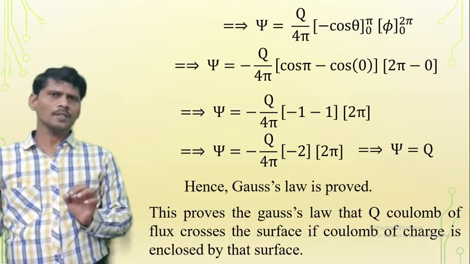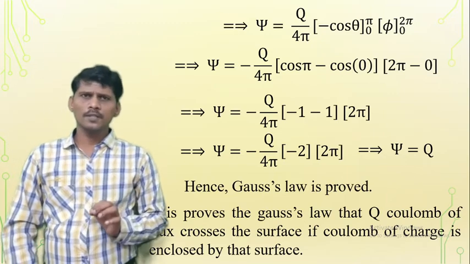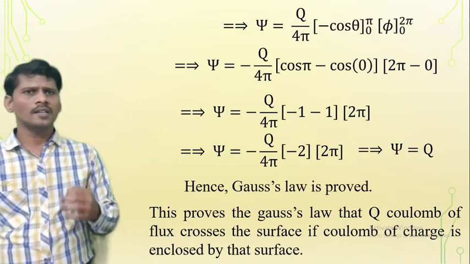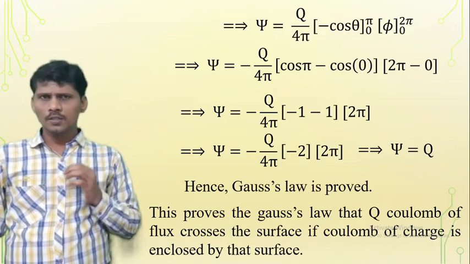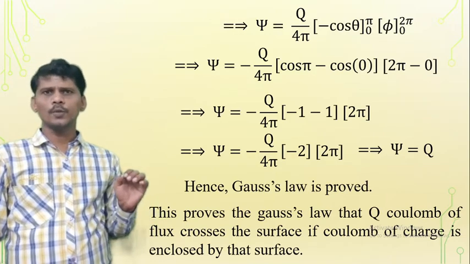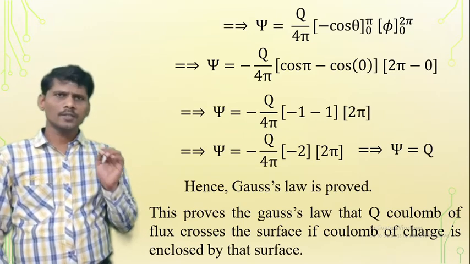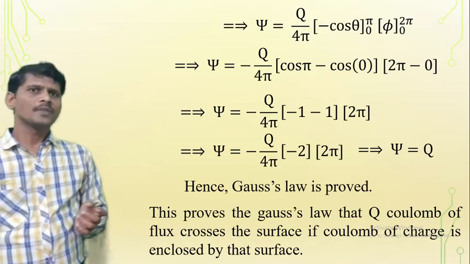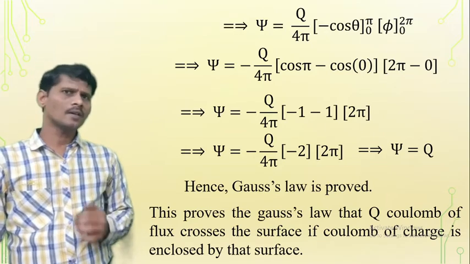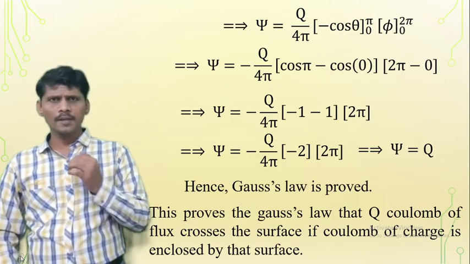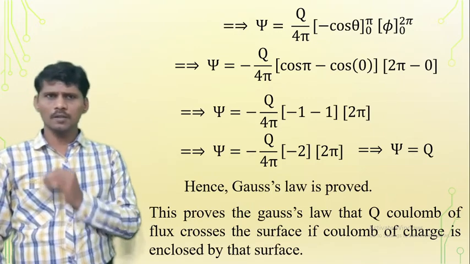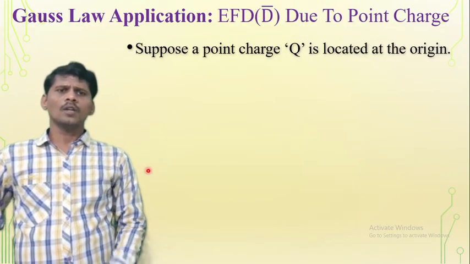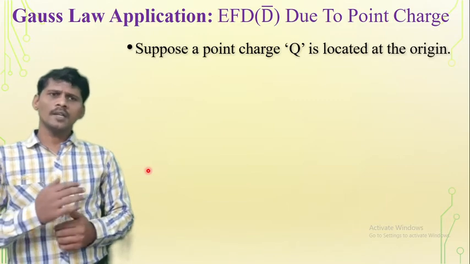There are different applications of the Gauss law, that is electric flux density due to the point charge, electric flux density due to infinite line charge, electric flux density due to infinite sheet of the charge, electric flux density due to coaxial cable, electric flux density due to spherical shell of the charge, and electric flux density due to uniformly charged sphere. So these are the different applications of Gauss law, and we explain any one application of the Gauss law. Now here I explain one of the applications of the Gauss law, that is electric flux density due to